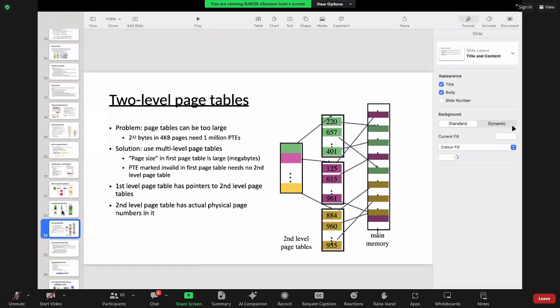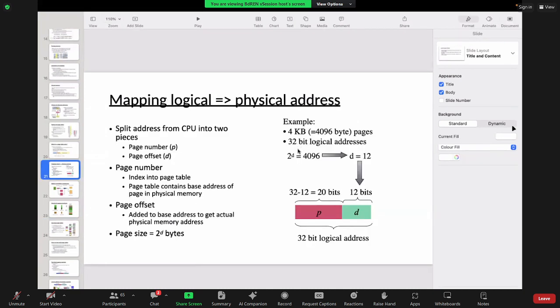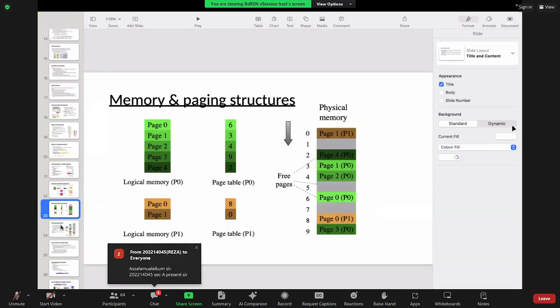So with just one page table, if you see here, 32-bit logical addresses, only 32-bit logical addresses I am speaking of. That means we can have almost 2 power 32 combinations, right? 2 power 32 is something like 10 power 6. Now if it is a 64-bit addressing system, you can just see the humongous combinations we can have. It might be 10 power, I don't know, it is a very huge number.